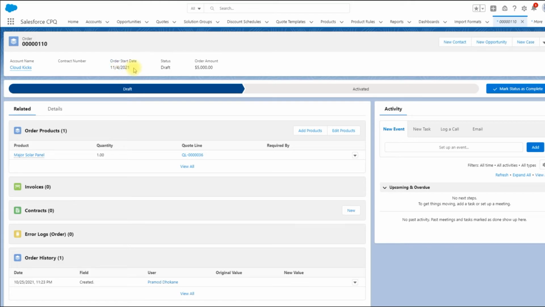So you will have multiple options. Either you can configure, or let's say trigger a flow on a specific day to generate that order. But sometimes you might need to create the order record right now, but set a future start date. That time this particular plugin will be helpful for you.